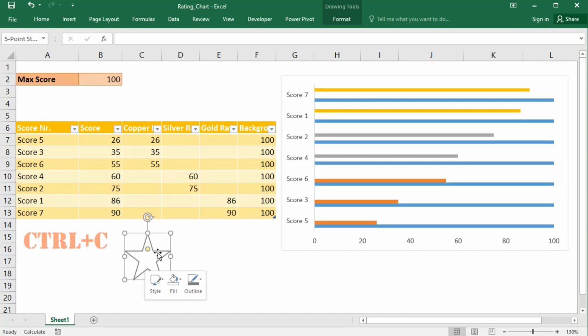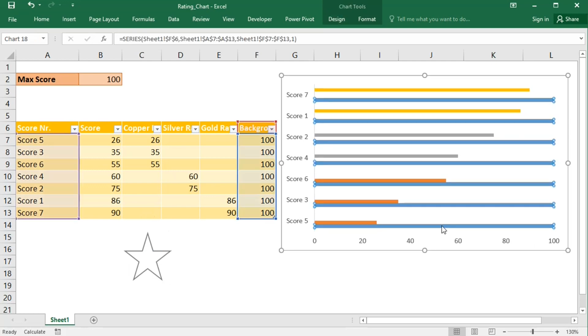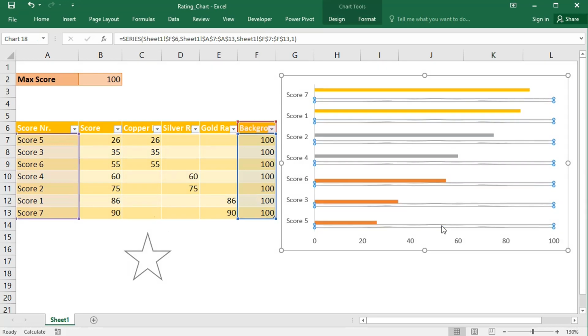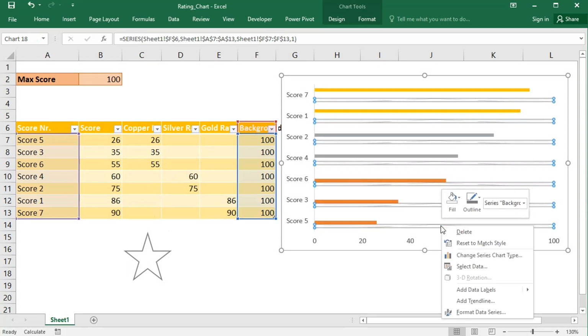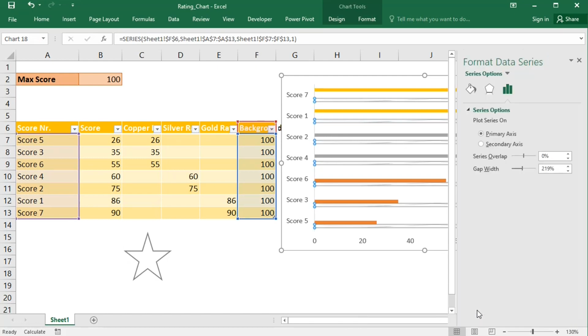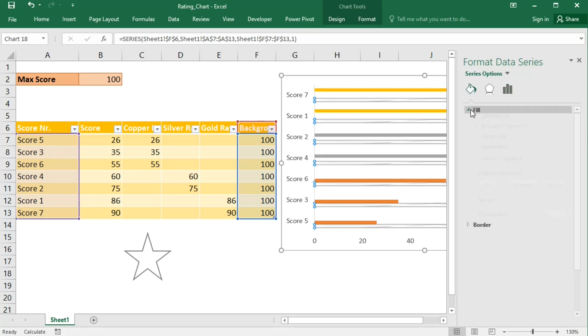copy the shape, select the background series, and paste it right on top. In the Format Data Series pane, under Fill,